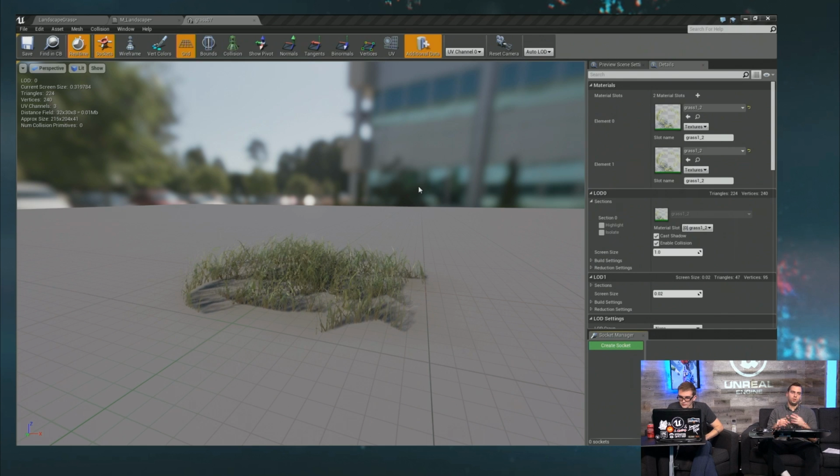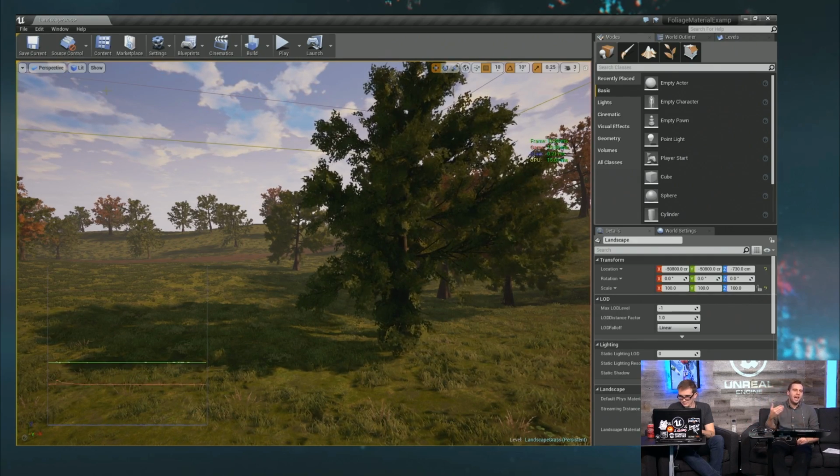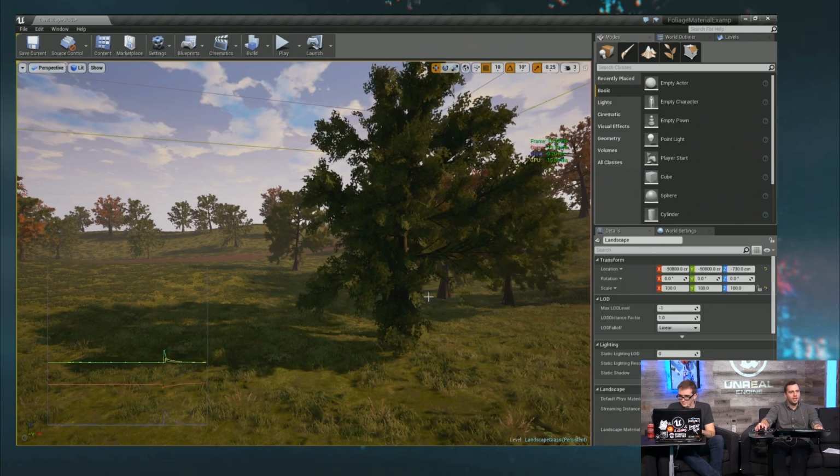This for me is cool because I can paint the landscape at the same time I'm applying foliage, which is great. It's a really cool concept. It's almost cutting my work in half, as long as I make sure of that. And what I like to do is